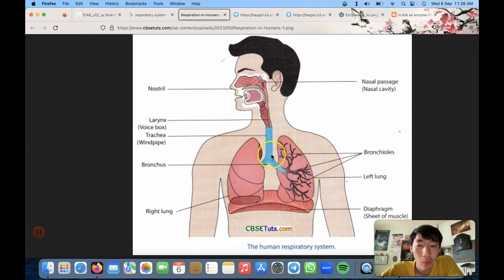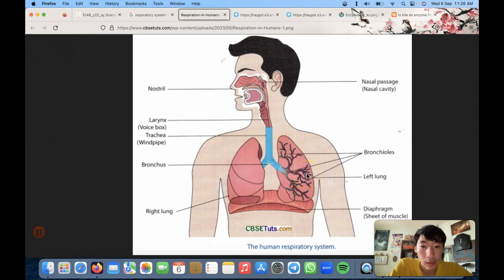How I remember it is that the bronchi are shorter than the bronchioles. You split, you get more things. So it goes from the shorter one to the longer one, bronchioles, so more things. These bronchioles form a network over here. It's a bit like tree roots, you know, when you look at tree roots. It's very much like that.